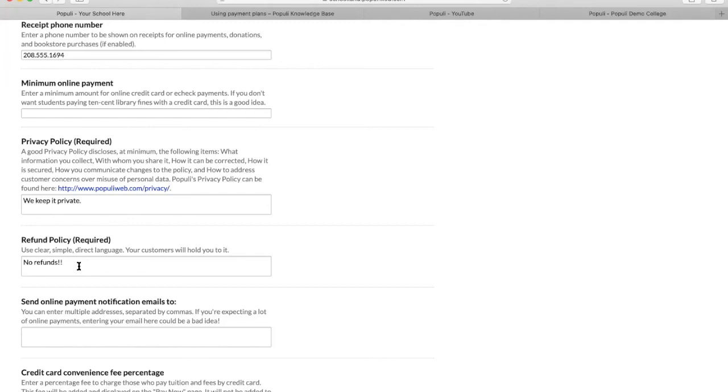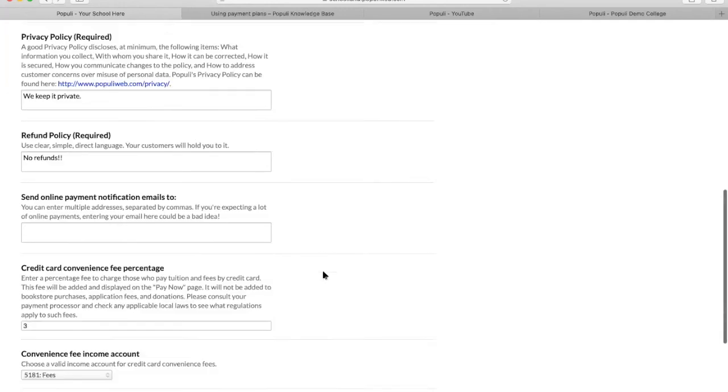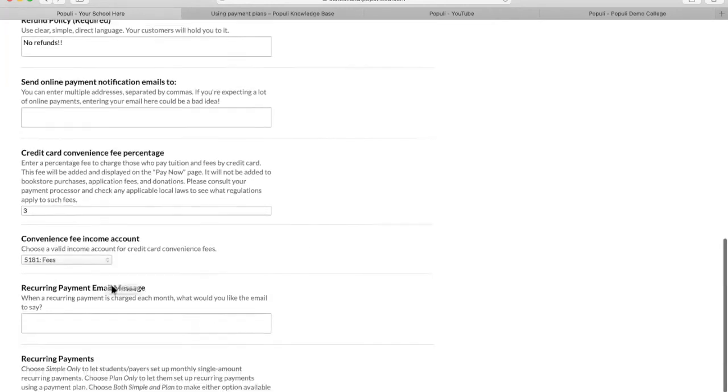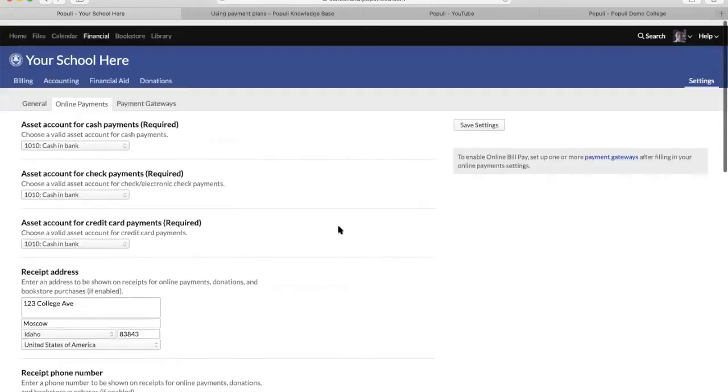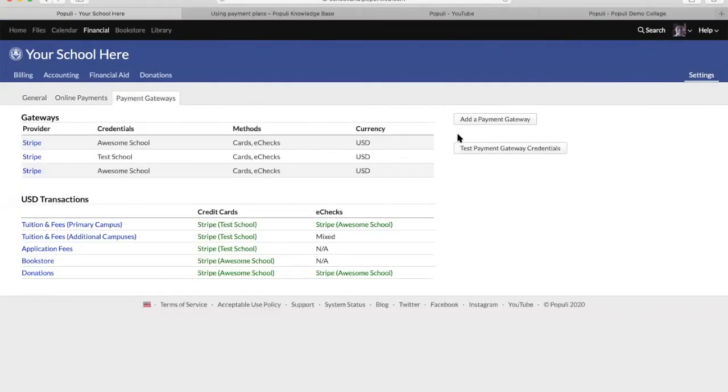That would be you guys. So we're just making sure you guys are doing that. You can do convenience fees and so on. And once you've got that all set up, then you can open up a payment gateway